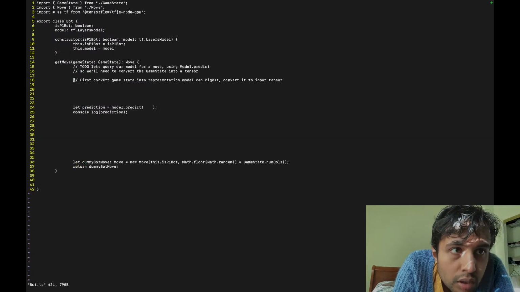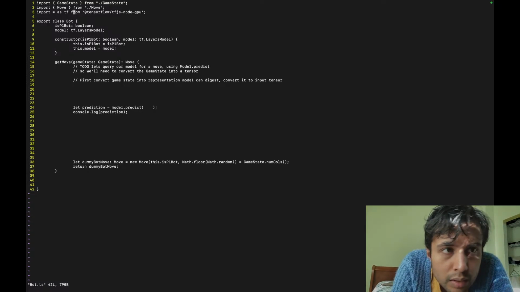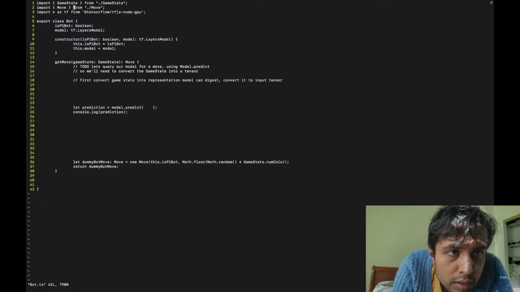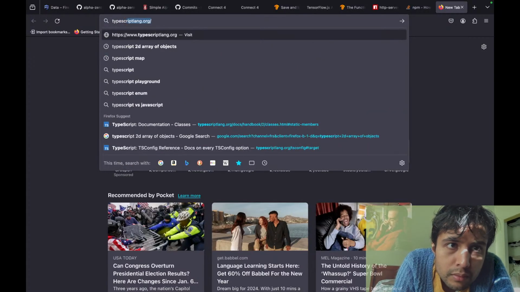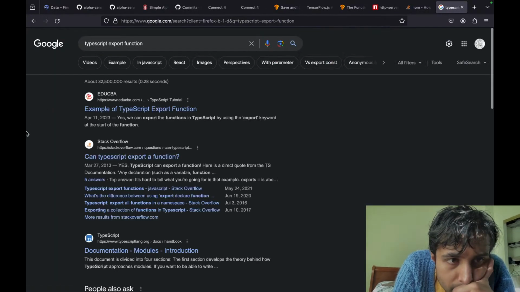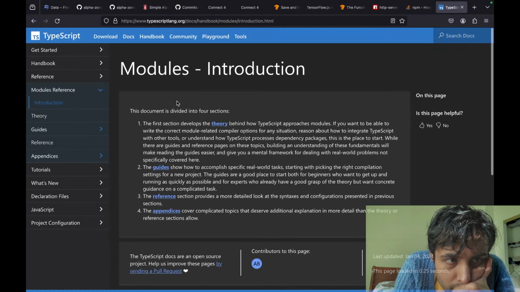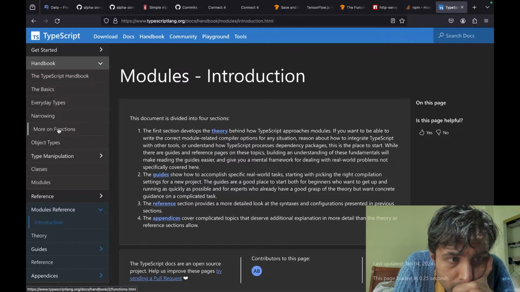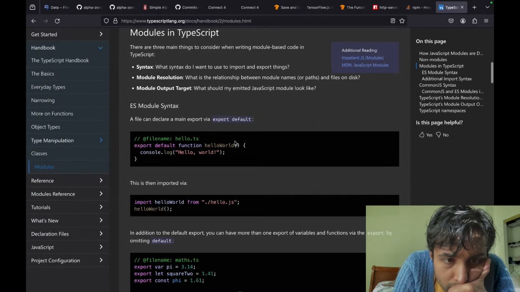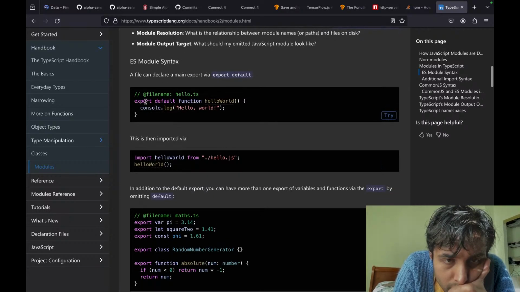I have to import this function. How do I do that again? Export function.